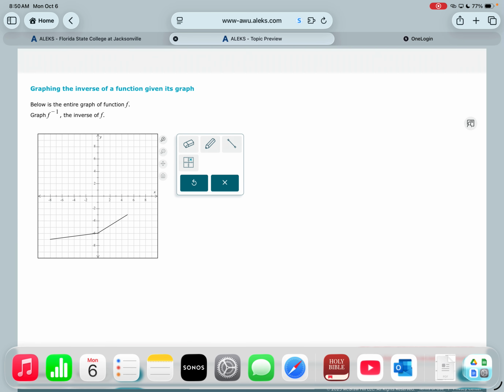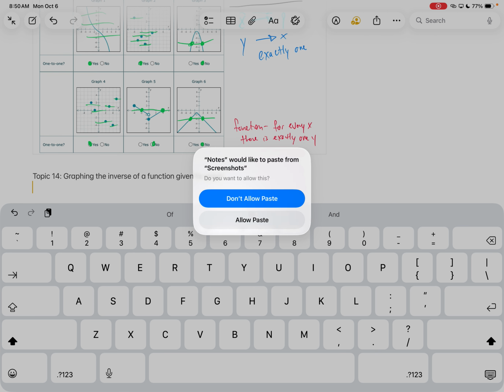All right, that took a little longer than I thought, so we're definitely not going to the next section today. But that's fine because